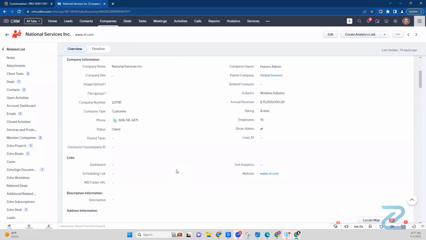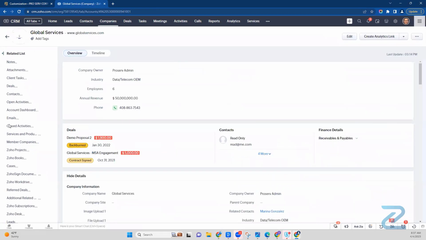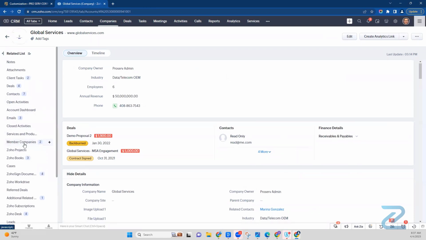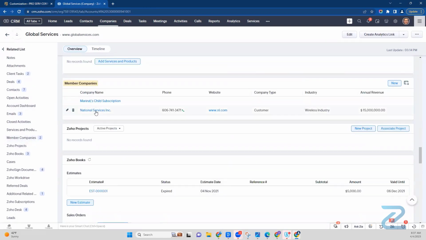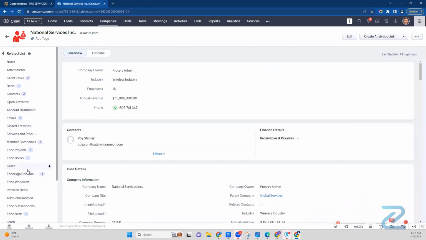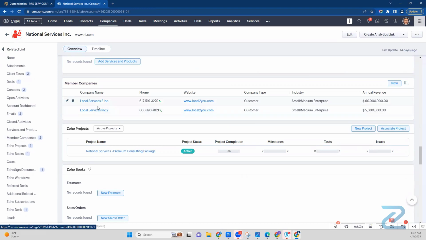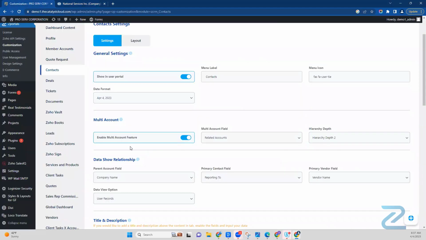Or if we are a corporate head at global services, you may want to be able to see your data not only at the national level, but down at the local level as well. So there are multiple levels that you may want that global head to be able to drill down to. We of course don't want that person to have to log into multiple portals to see the data at those different levels. So what we can do is we can enable this